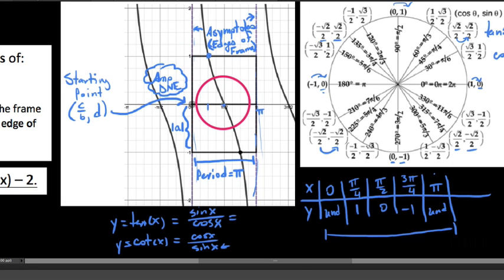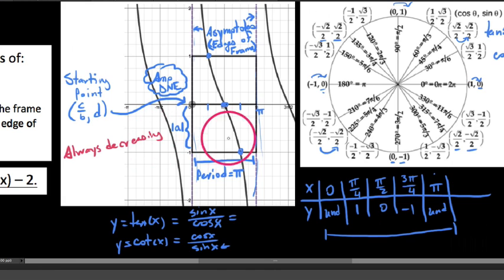At pi halves, we're at a height of 0. And at 3 pi fourths, we're at a height of negative 1. And we get this graph that between these two asymptotes is always decreasing. So let's write a few notes here. We say, first of all, that we have a cotangent graph that is always decreasing, whereas our tangent graph was